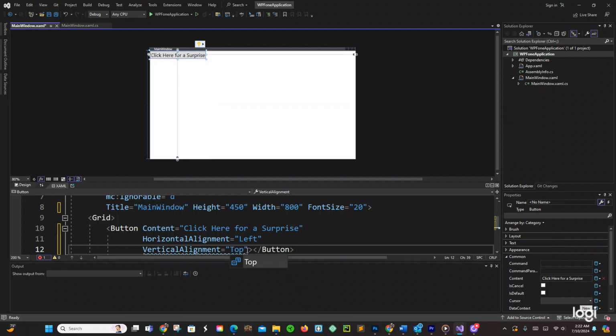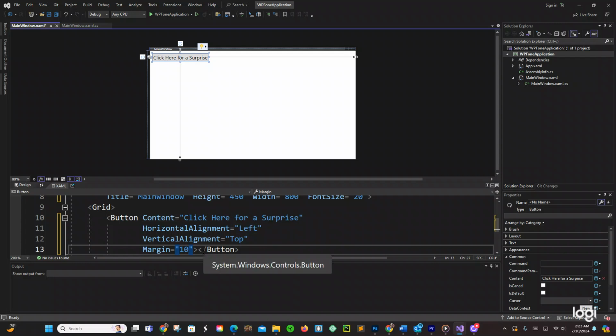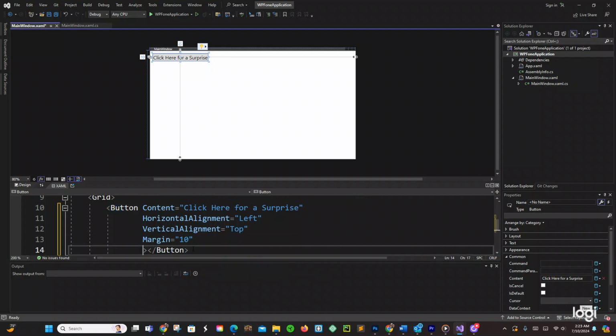Okay, so then we're going to add a Margin. We're going to say 10. Okay, that's cool. So now also we're going to add a click event right here. So we're going to say Click